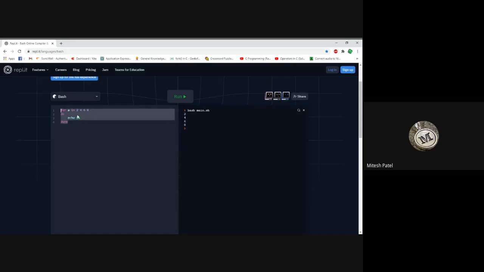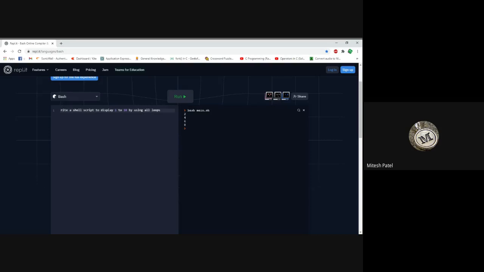Now you need to write a shell script to display 1 to 10 by using all loops.